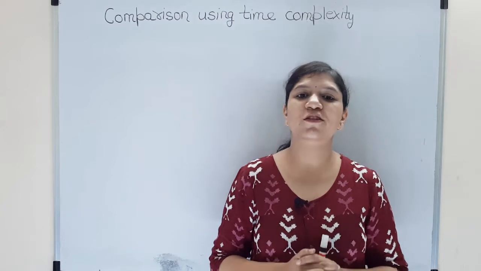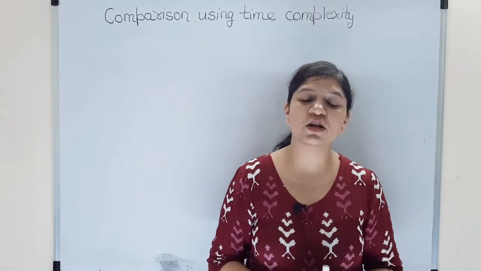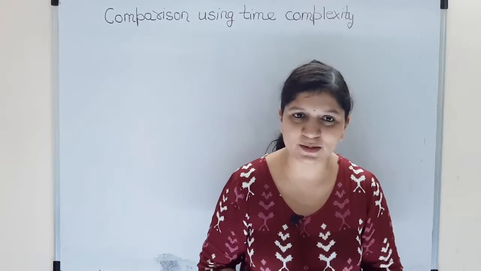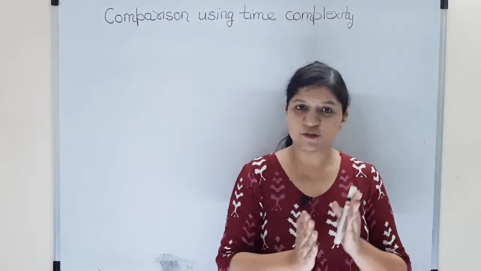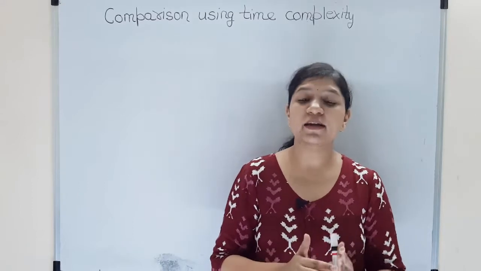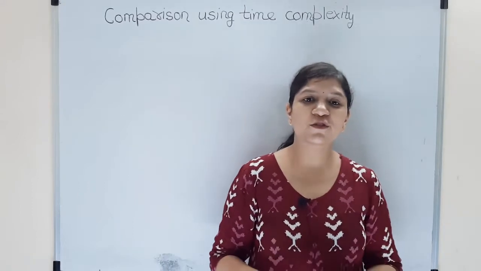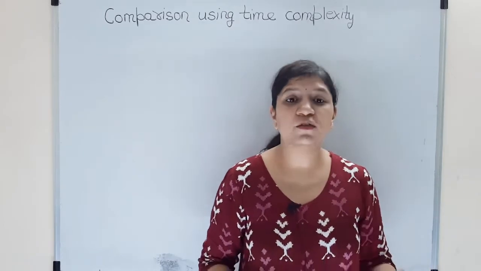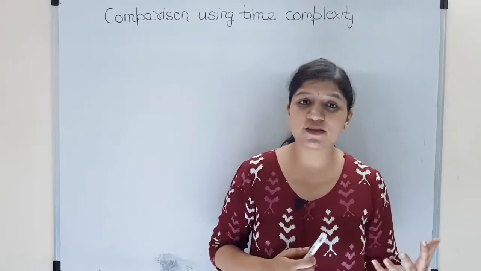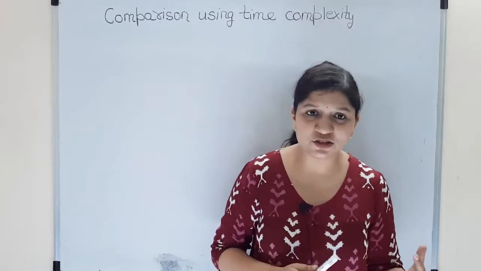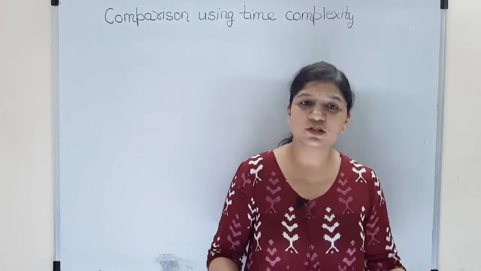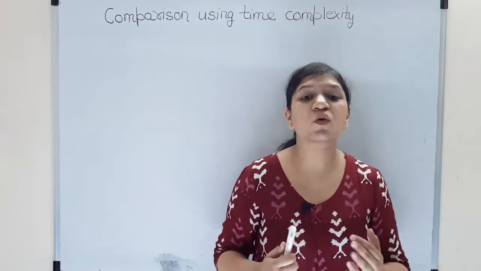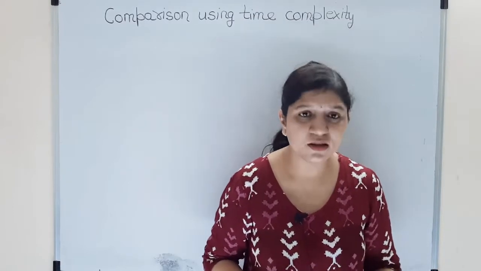In this tutorial, we are going to continue the discussion on comparison of algorithms using time complexity. In the last class, we saw how we can compare, and at the last we also discussed that we only need to consider the larger values of n, because we are looking for the worst cases when input size is really large. Now, the question arises: how large is n going to be?